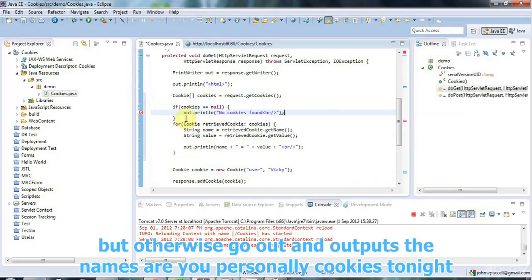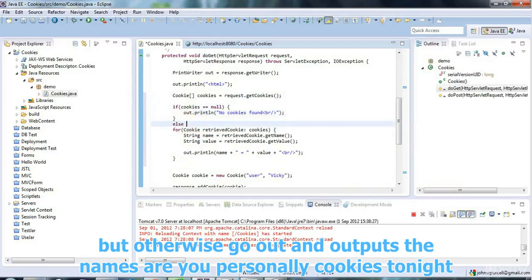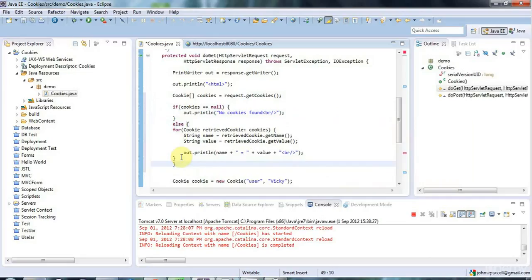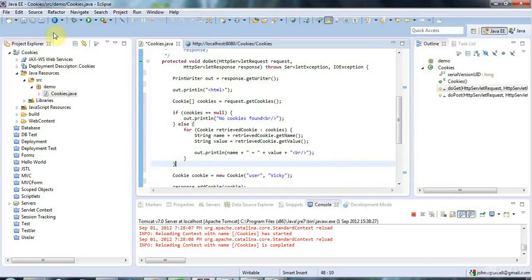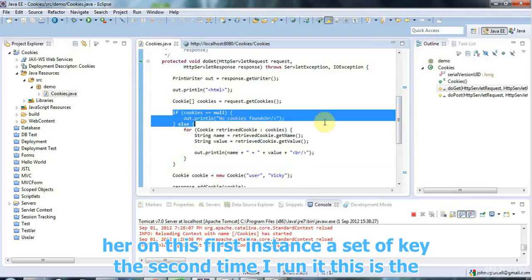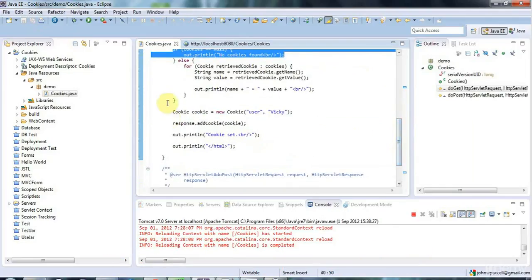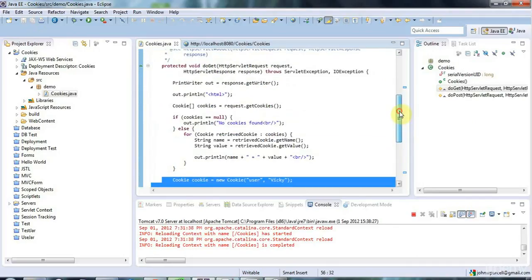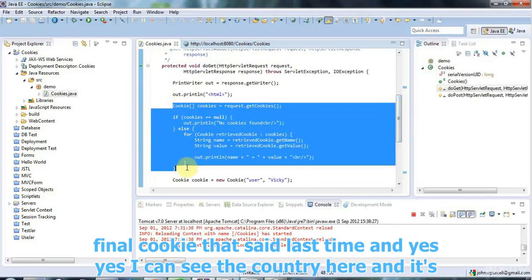But otherwise we can go on and say else, and we can output the name value pairs for the cookies. So now if I run this, the first time I run it, it's going to say no cookies found, but then it's going to set a cookie, and the second time I run it, this is then going to find that cookie that I set last time,